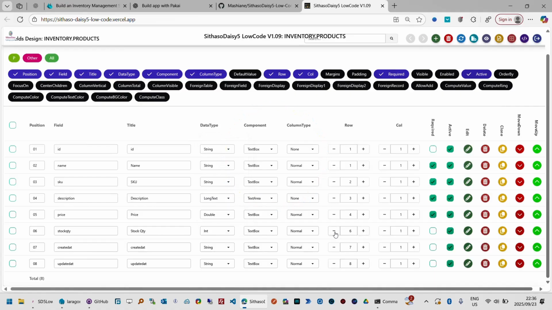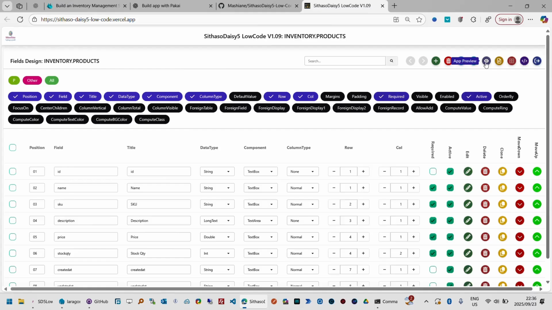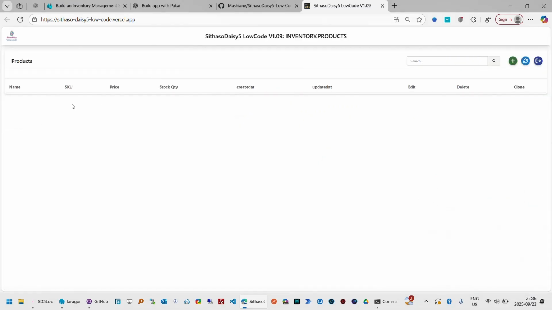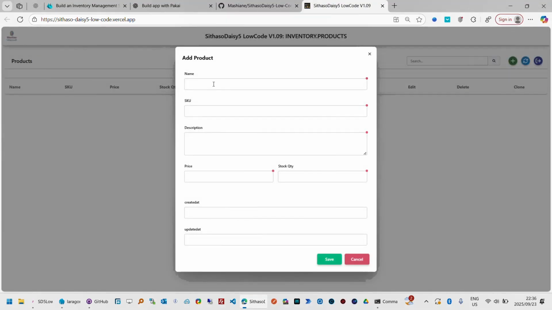Okay, let's make it on row 4, column 2, which basically means it's going to be on the same row as the price, but the price is going to be on the left side and this one on the right side, so it's also required. So if you look at our design now, we have name, SKU, price, and then stock quantity. And when we click add in our application, when you run it, it's going to show name, SKU, description, price, and stock quantity. Now we have created it and updated it,